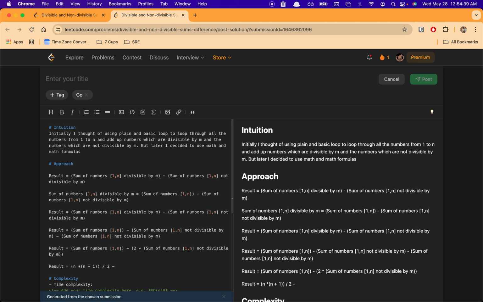Minus, actually, we have to say sum of numbers not divisible by n is basically, one moment,